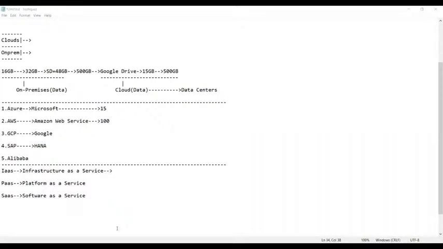Whenever you want to change the operating system, this is provided in the form of a service called, sorry, Platform as a Service. Suppose you require to change an operating system. Right now I'm using the Windows operating system, and I am working in some banking industry. Banking industry is considered as, what is that?